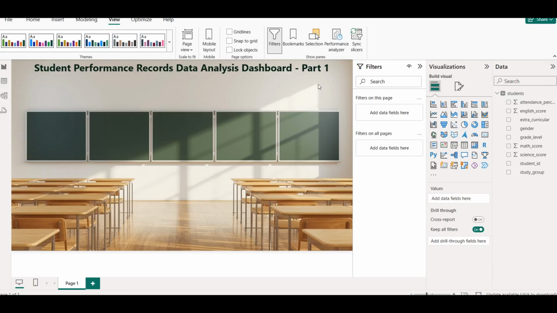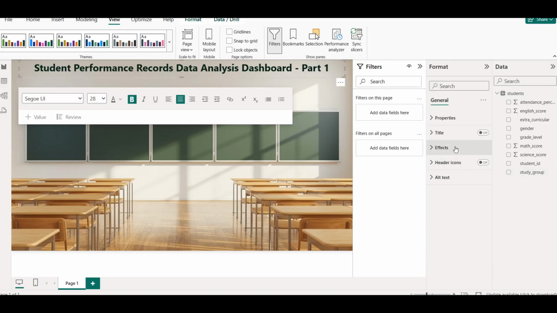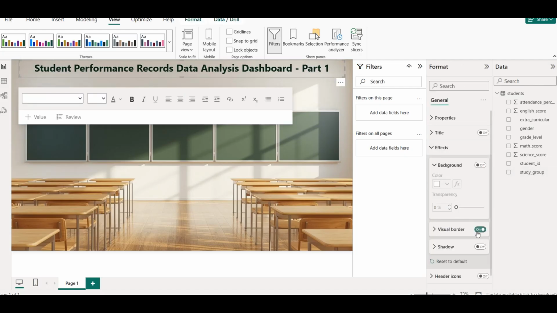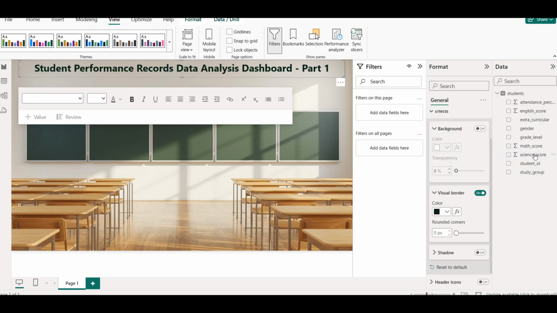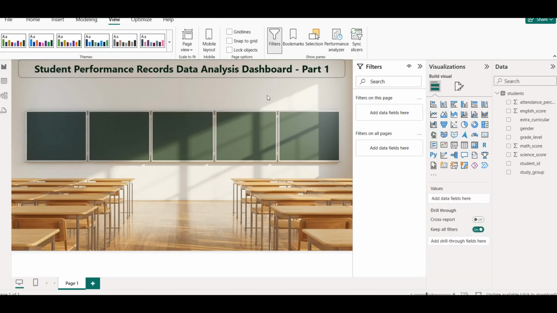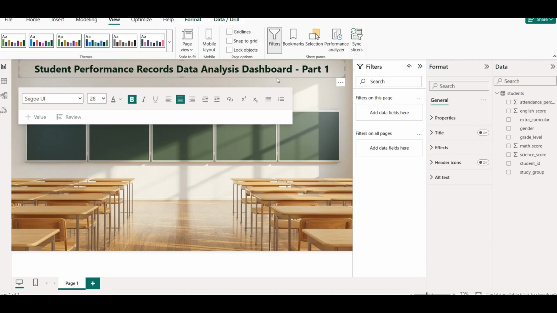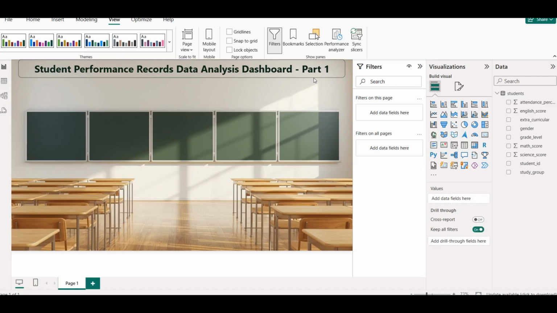So this is a student performance record data analysis dashboard, but I will enable visual border. For the border also I will use the same color, and rounded corners will be around 12 pixels. And here you can see we have the border. Yeah, so you can see we have a light border here. So now our heading is there,